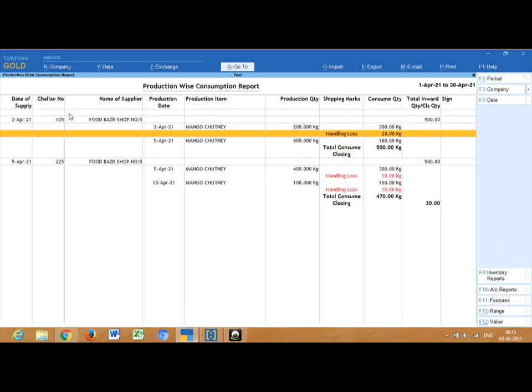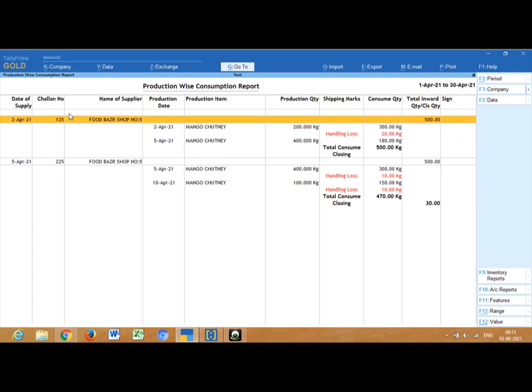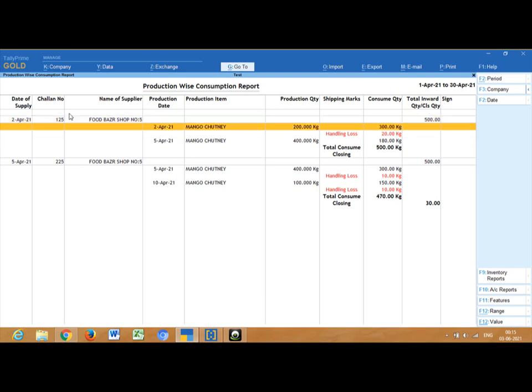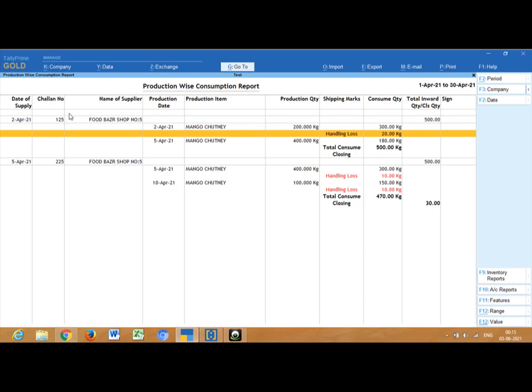Okay, now you can see 500 kg mango I purchased on 2nd April. The production of 200 mango chutney issued 300 mango, then handling loss 20 kg, another